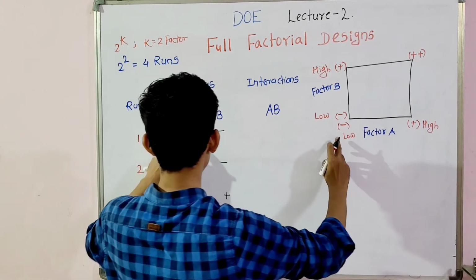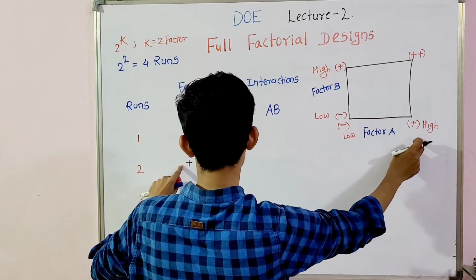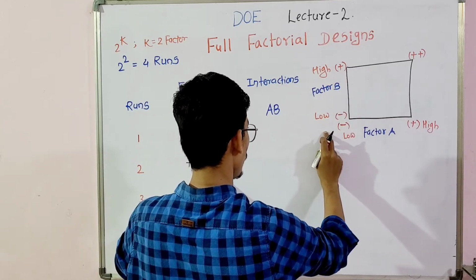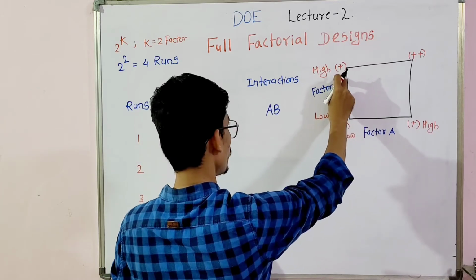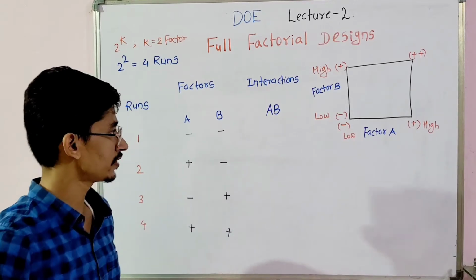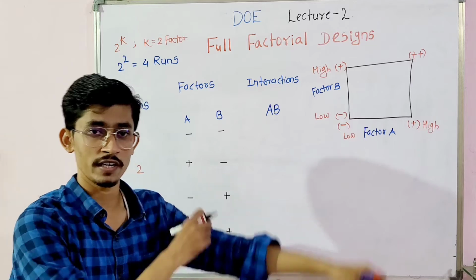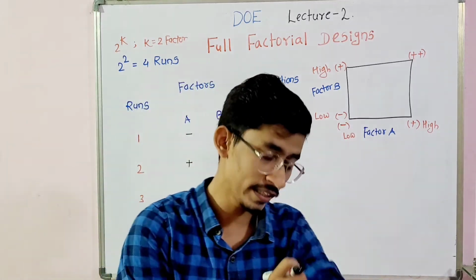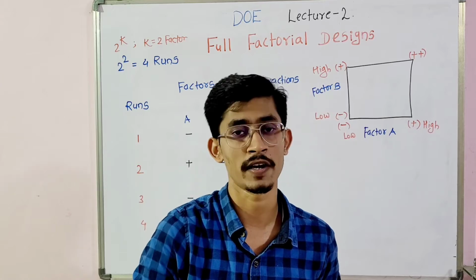From here you can easily take low level of A, low level of B, high level of A. Similarly you can consider low level of B, low level of A, high level of B, and both having high levels. So what is ultimately produced, what is the interaction effect over here? How can we define interaction effect? That is the combined effect of factor A and factor B.